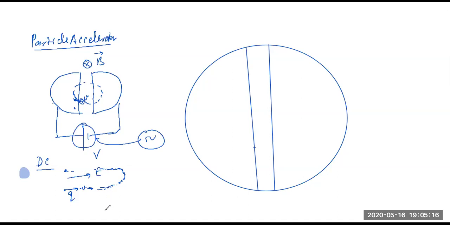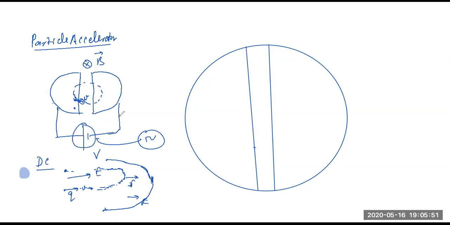I hope you are getting my point. It's going like this and taking a turn and getting dragged forward. But since it's taking a turn, a point will come when the velocity will become like this. Again, qvB is acting, so it will turn. Here, the electric field was supporting it. Now, the electric field will oppose its motion. So when it reaches back this point, its velocity will be the same as this point. You will not gain anything. Understood this or not? In half the journey, the electric field will support it, and for the remaining half, it will oppose it.